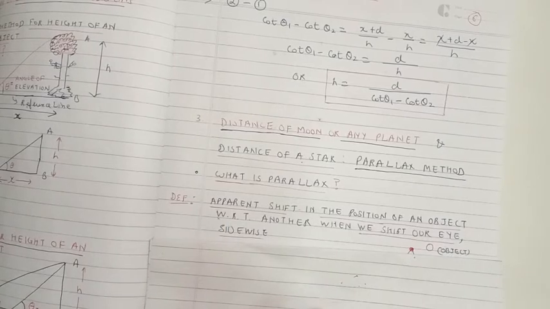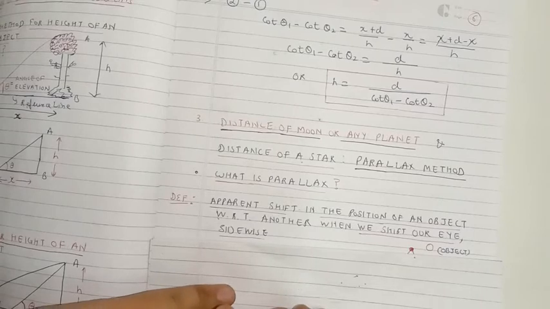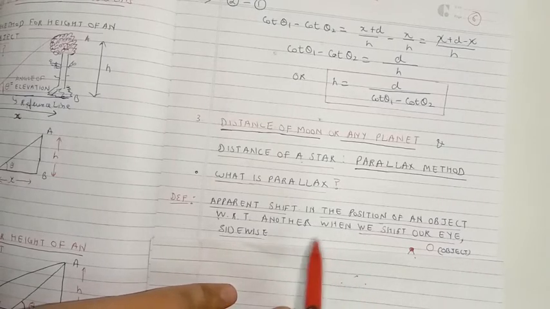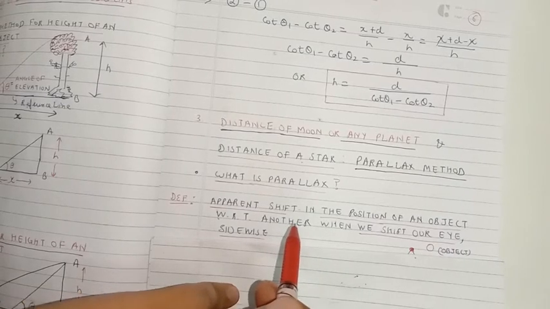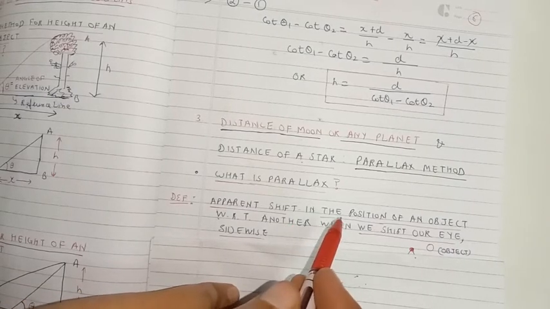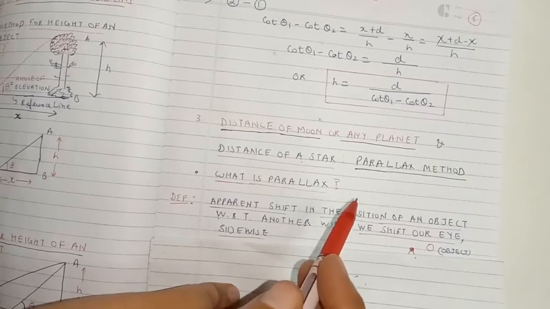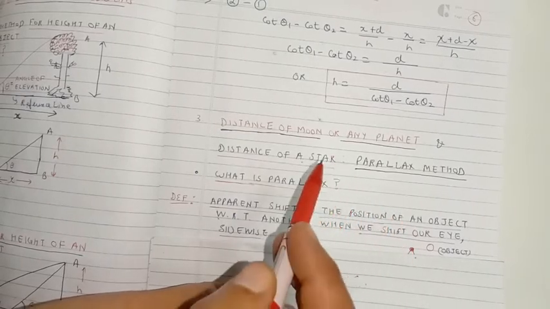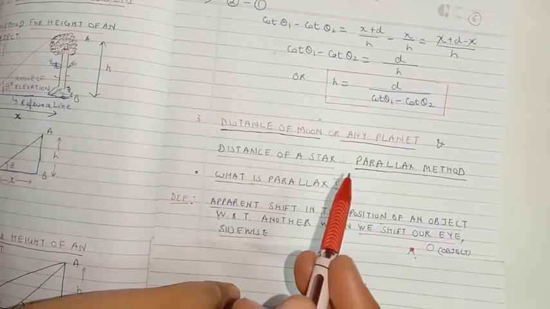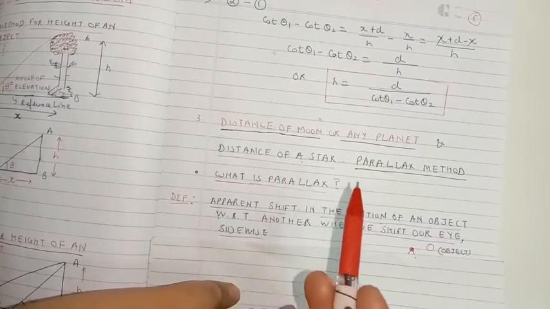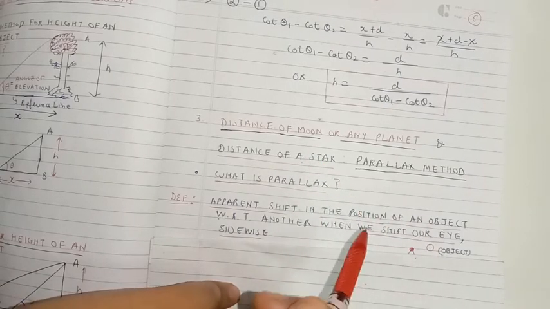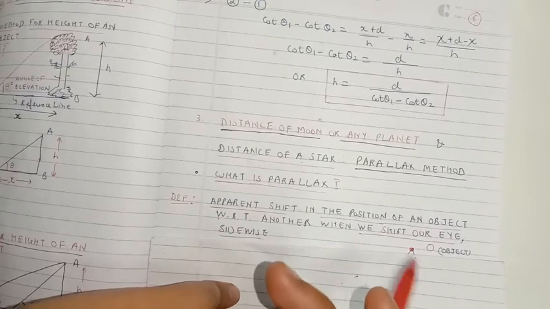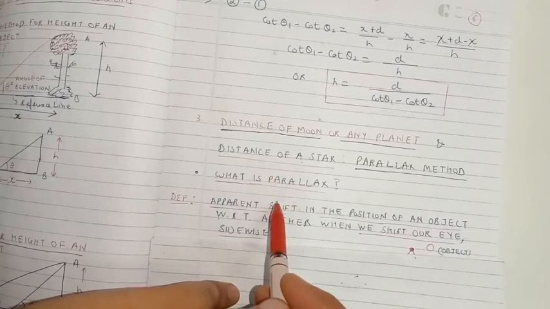When we shift our eye sidewise, we call it the parallax. You see, we observe the world with our two eyes. That's how we are able to locate the position of an object with great accuracy. But you might have experienced that if we observe an object with one eye closed, first with the left eye open and right eye closed, and then the other way around, then there is a slight shifting in the position of the object. That slight shifting in the position of the object, we call a parallax.